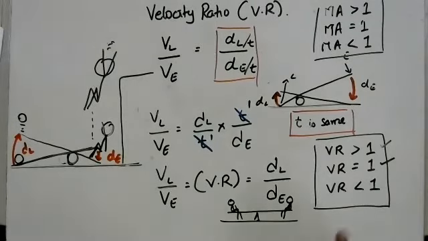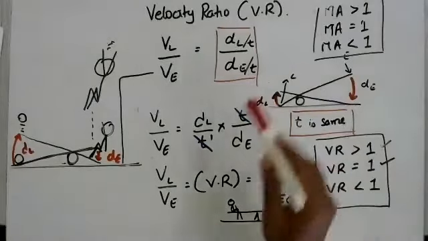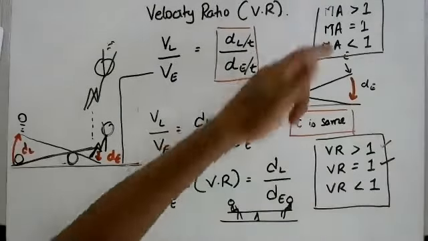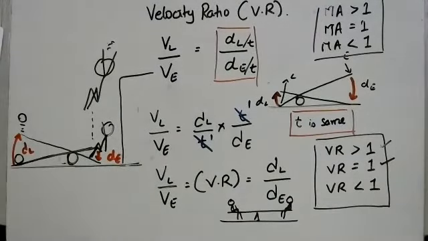And of course, if the velocity ratio is lesser than 1, then these examples, most simple machines come with that. You can also see that the velocity ratio and the mechanical advantage are kind of complementary to one another. Wherever there is a mechanical advantage, there the velocity ratio will be less than 1. When the mechanical advantage and the velocity ratio are both equal to 1, then you just have a change in direction. You have the seesaw situation. But if the mechanical advantage becomes less than 1, then the velocity ratio becomes greater than 1. So that complementary nature is there between velocity ratio and mechanical advantage.